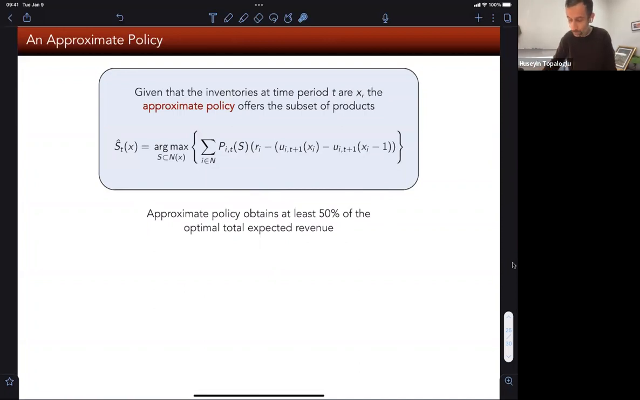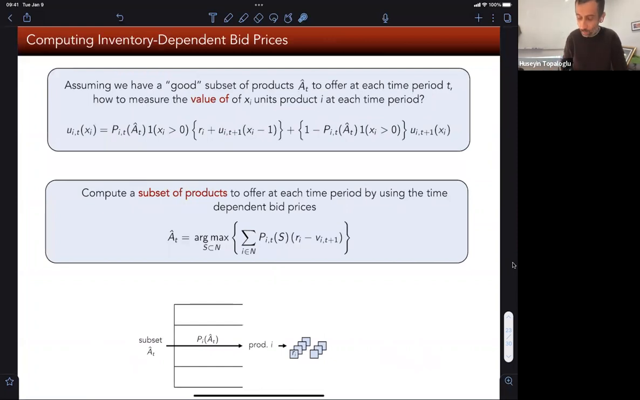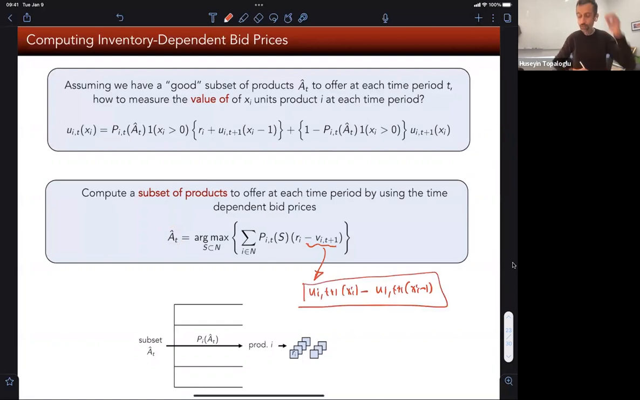Before I do that, let me roll back two slides and try to clarify why I chose time-dependent bid prices, but not the capacity-dependent bid prices, to compute my ideal assortment. Why did I not do something even better, and plug in my capacity-dependent bid prices over here? And the reason for that is the following. If I plugged in the capacity-dependent bid price on the right-hand side, namely replaced this guy by this value of a unit of inventory,